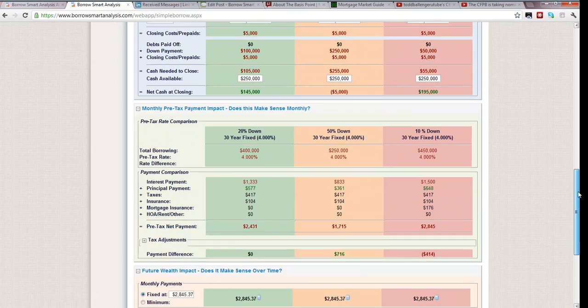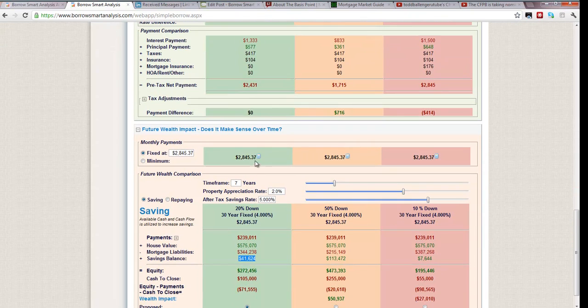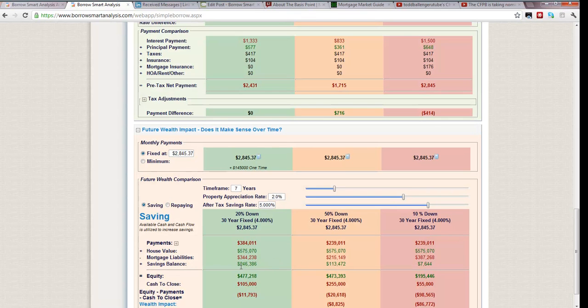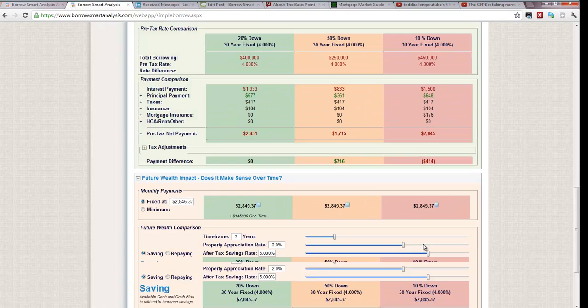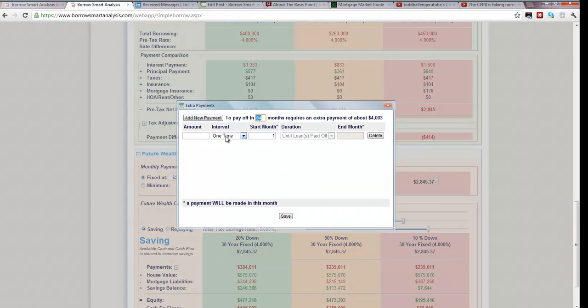So what you can actually do, and this is assuming that they just spend this cash at closing, I can come in here and say, again, this is a more advanced case study, but I want to take the $145,000 that I have left over at closing, and I'm going to make a one-time payment into my savings account, and that puts that $145,000 they have left over in their savings account. Now this client here has got negative $5,000, that's already there, and this guy here has got $195,000. So I'm going to go ahead, to be fair, I'm going to take that $195,000,